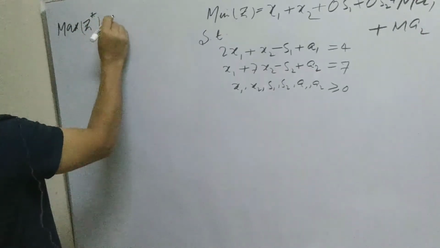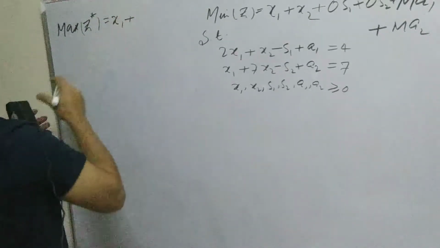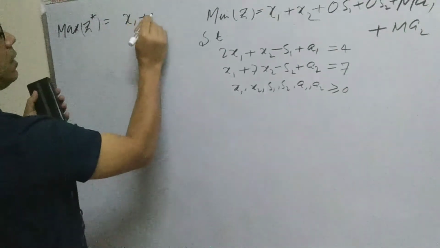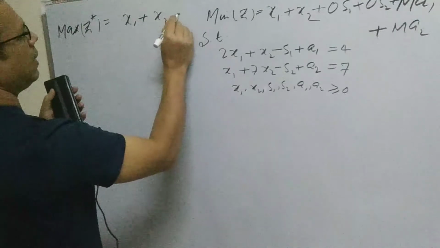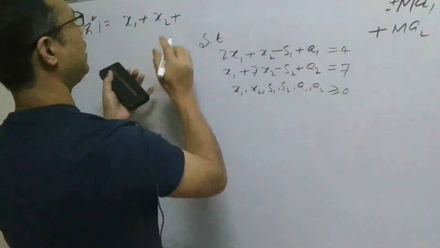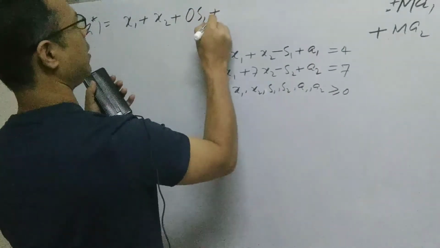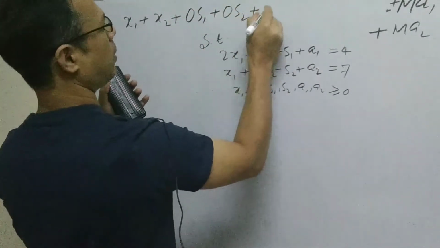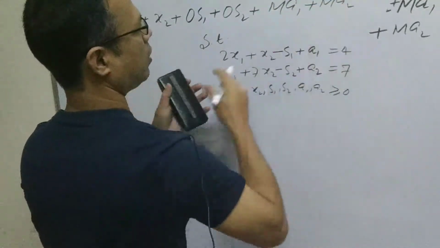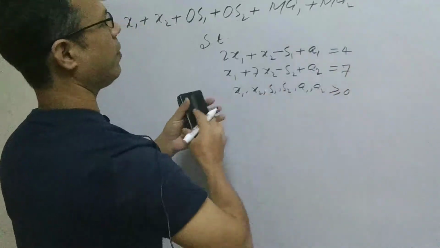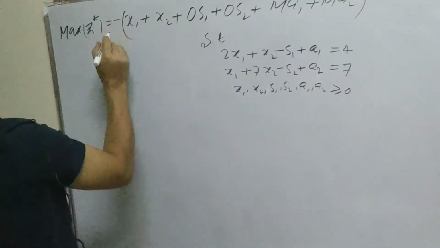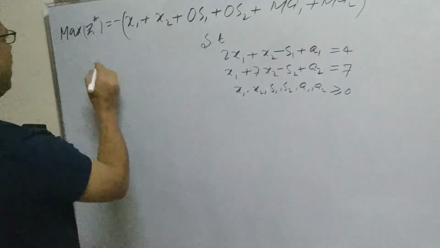Max z star = x1 + x2 + 0s1 + 0s2 + Ma1 + Ma2. Just copy all the objective function here, and we are going to put the negative sign, so it changes from minimization to maximization,